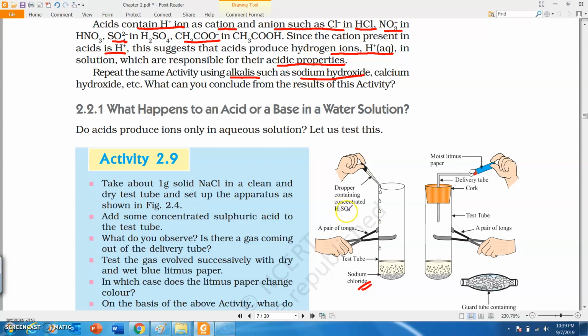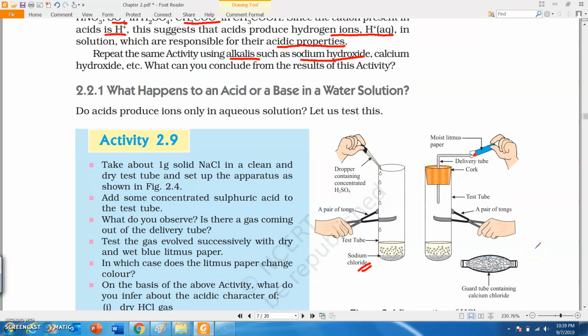Sulfuric acid reacts with sodium chloride and a gas is produced. What will happen if we bring one litmus paper near it? What will it show? The color of the litmus paper will change,